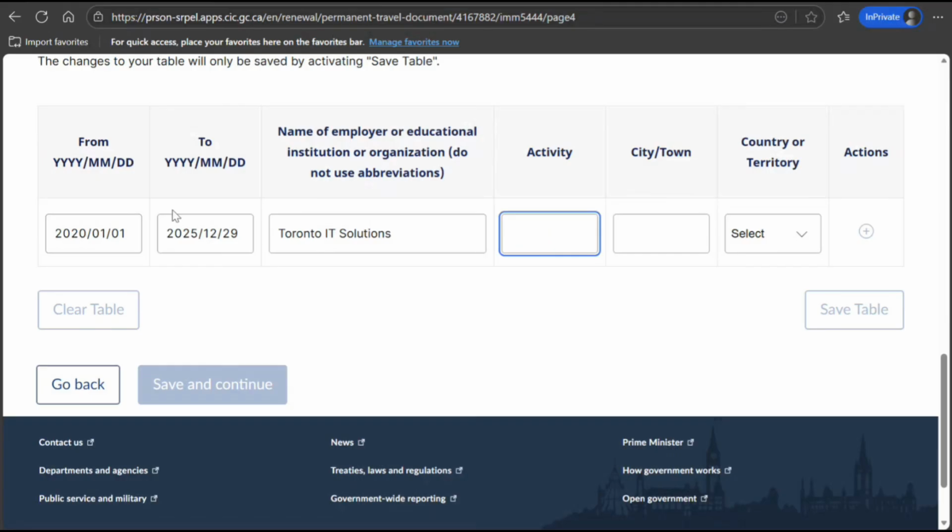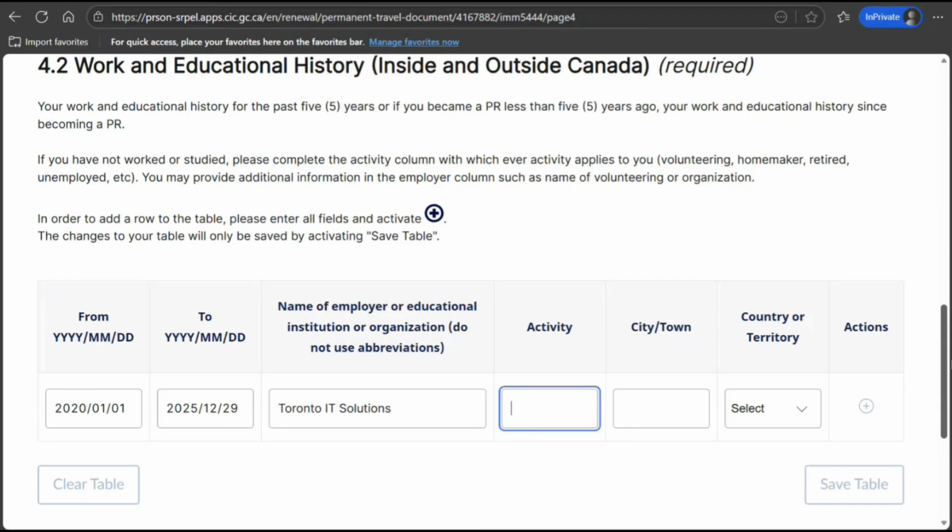If you have not worked or studied, say so. If you have worked, then provide that work.